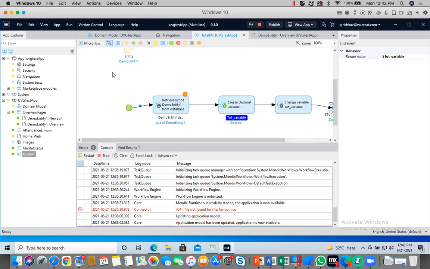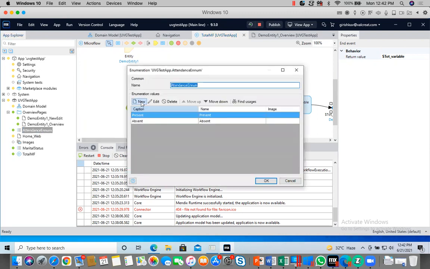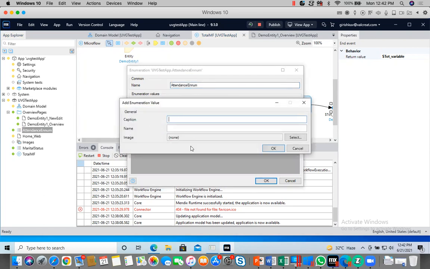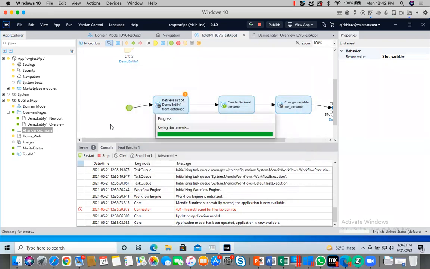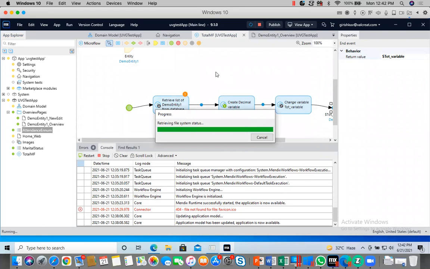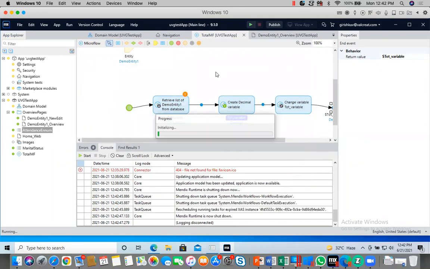Here the entity. This is attendance enumeration. I can add on duty, one more, for example present, absent, but outside, office, on duty. Offsite. And when you compile, the change it will take.